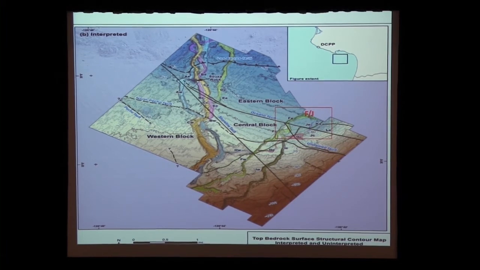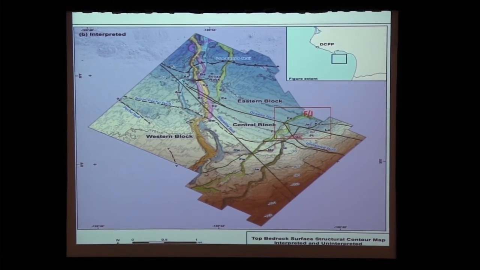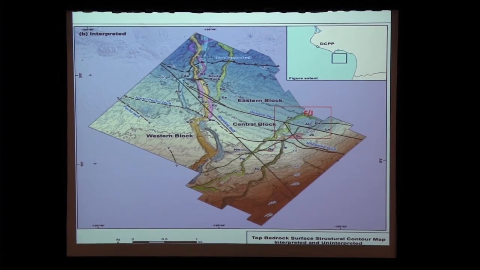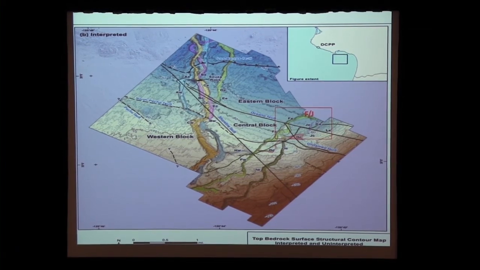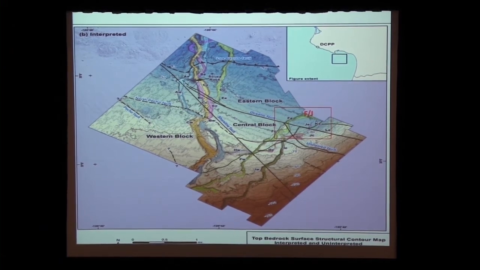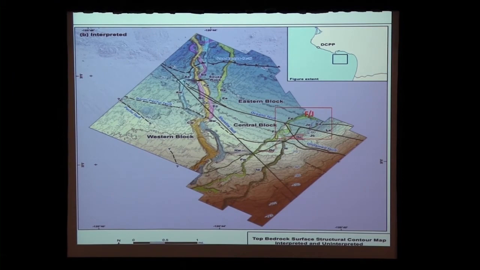And those are sort of MIS 2 channels, or do you have an age constraint on those? What did we put on that, Phil? What age is that? Which channel? It's F and I, where they cross the shoreline fault. We have a table we can give you on all of these things. Channel F, our preferred initial occupation or incision, is stage 8, so 250,000 years ago, stage 8B. We believe that channel F was reoccupied as recently as stage 2 at 15 to 20,000 years.